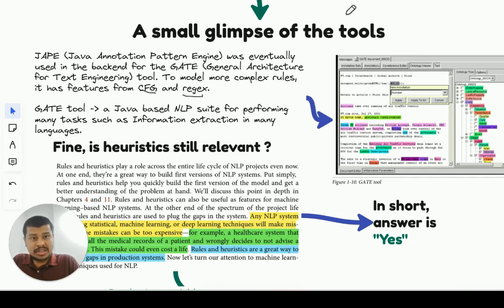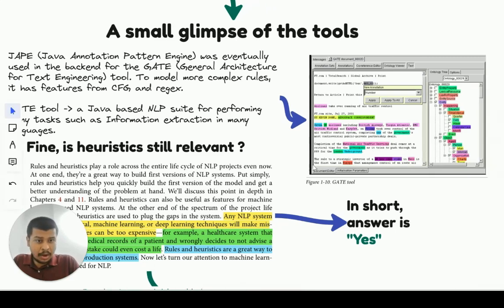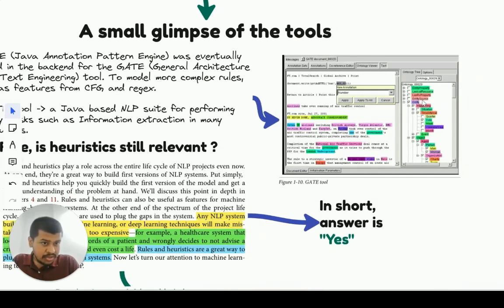So they were able to take up the CFG-based rules, and along with that, they were able to take in the character-level analysis-based regex. Using these two different approaches, this tool became very popular. It was very widely used. This is an example of how this tool used to look and how it worked. That's some ontology, showing how different words are connected to each other. Ontology is just a term we use for the relationships between words, semantic relationships, and all of these different properties of the words.